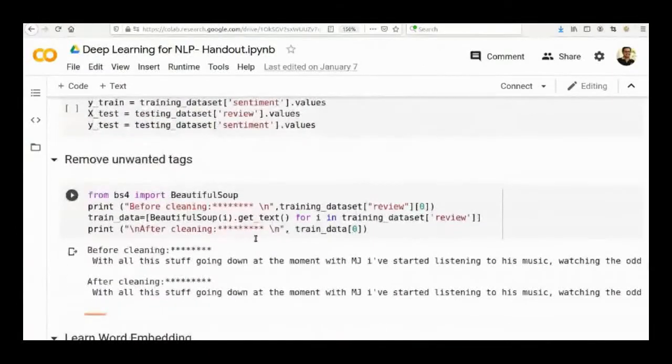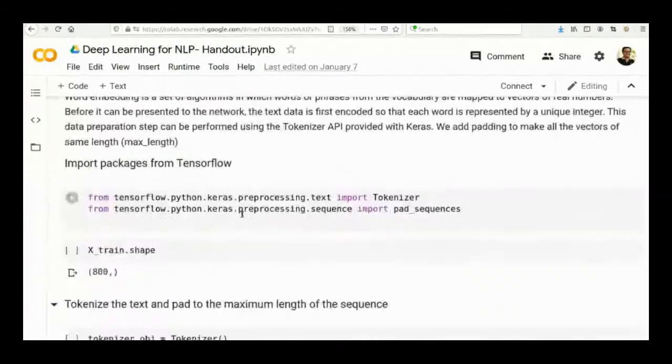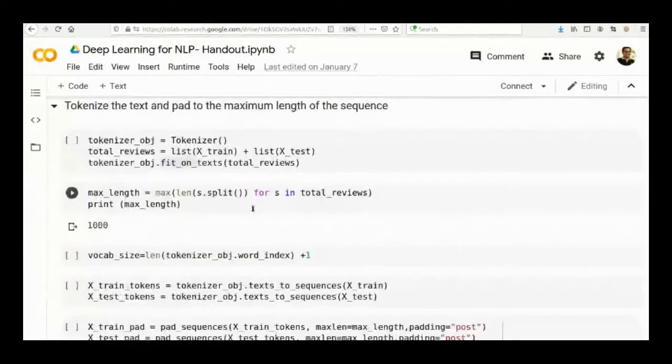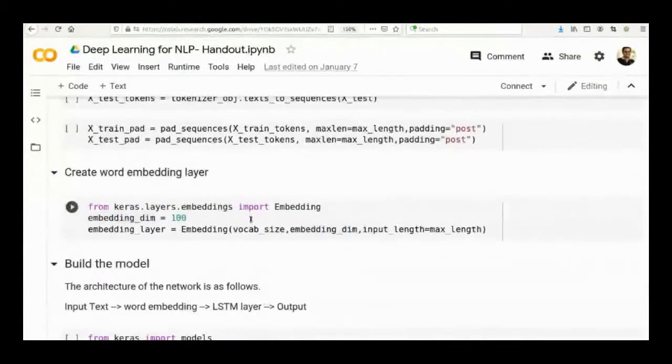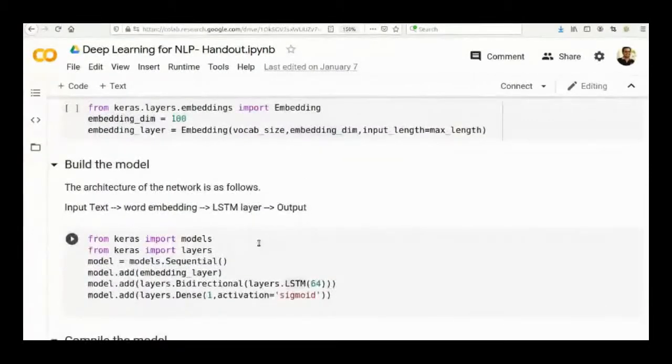As it is text data, you have to apply some pre-processing. You remove the tags. Learn the embedding using an embedding layer, a word embedding layer, such as GloVe. There are many embeddings available. By default, Keras uses word embedding, or you can define your own embedding in a neural network, but it is not required because well-learned embeddings are already available, so you can use them in your method.